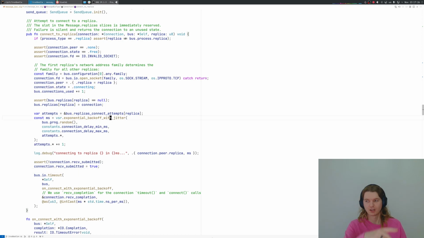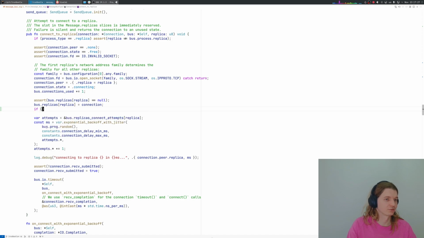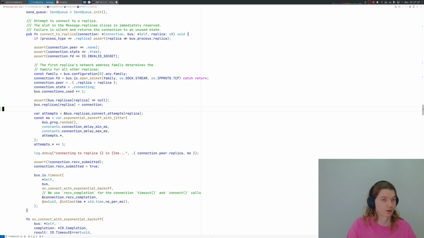Like every tick we pick a connection and try to connect with the replica, but only then we wait with exponential backoff. So I would expect here to have something like: if the connection is already backing off, return. Maybe there is this logic somewhere, but okay, I'm not seeing it. Anyway, we could try to connect to everyone